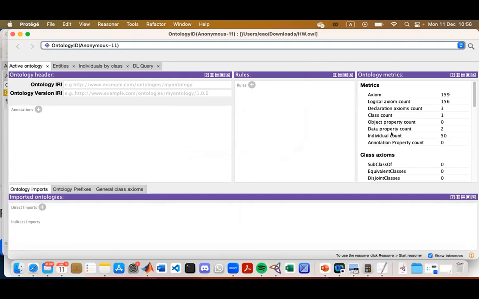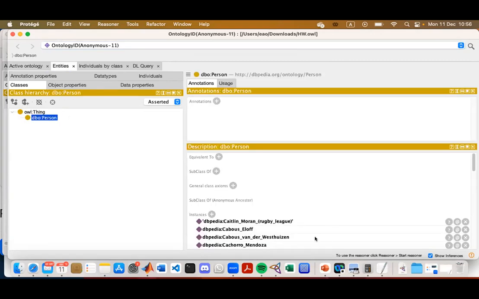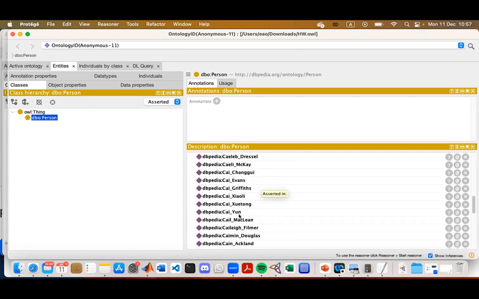Yes. So we have 50 individuals, exactly as we wanted. If we examine it, we have class person, and it's an extremely simple cut of an ontology. We don't have any complex classes. We just extracted assertions, individuals, with some given weight. So here we have all these individuals, 50 people.